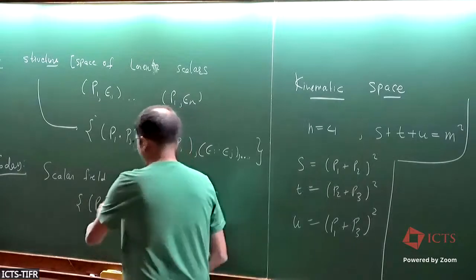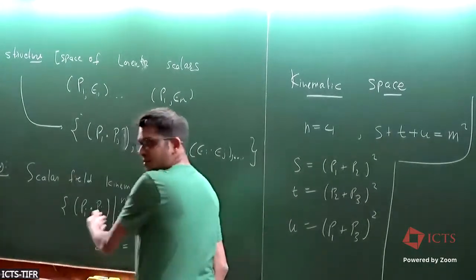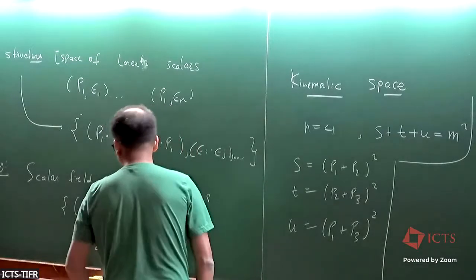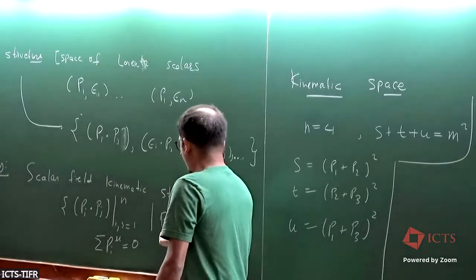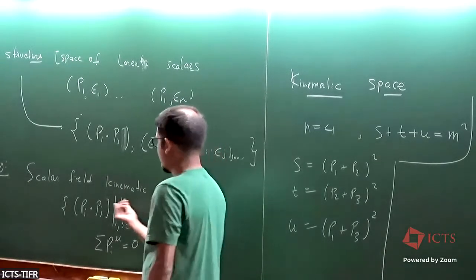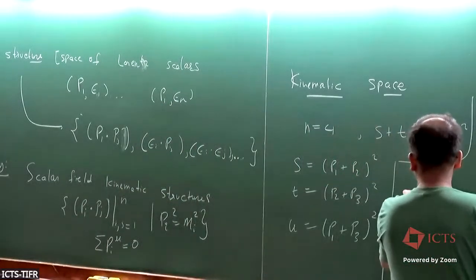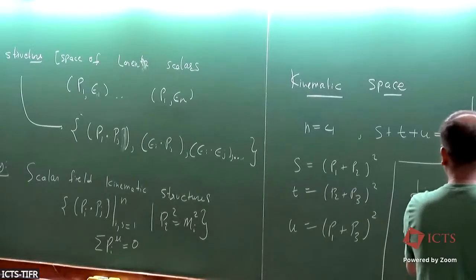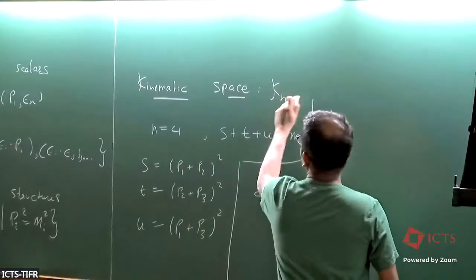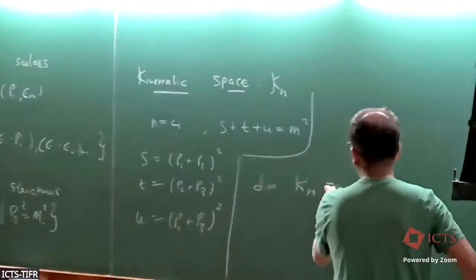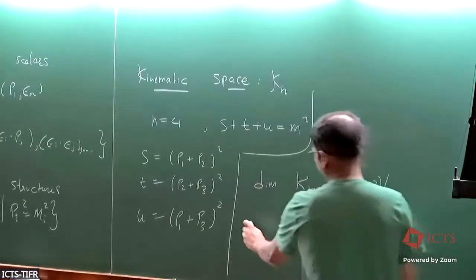So one convenient basis for kinematic space, it's a simple thing to check, if you look at all independent Mandelstams. Of course, sorry, I should have said this, we know that these momenta satisfy, because we are in Minkowski space, a conservation equation. So total momentum is conserved and every momentum is on shell. And so you can do simple analysis to check how many of these are independent. It turns out that the dimension of the kinematic space for n particles, which we will refer to as script Kn, you can immediately check, is n times n minus 3 over 2,